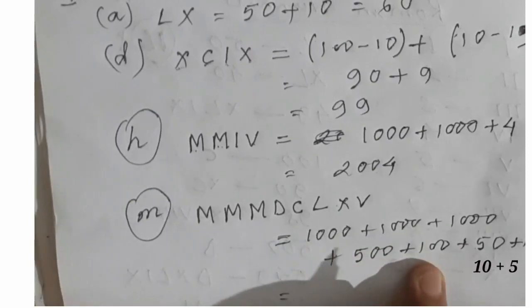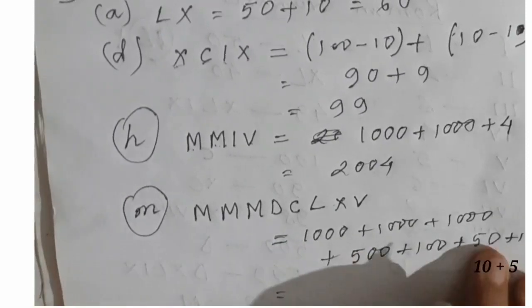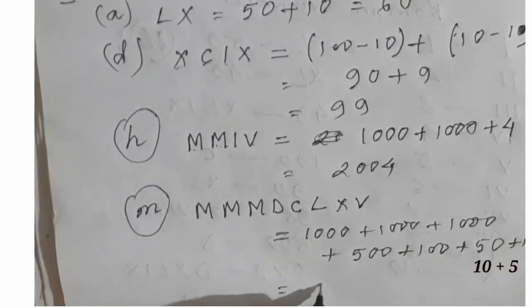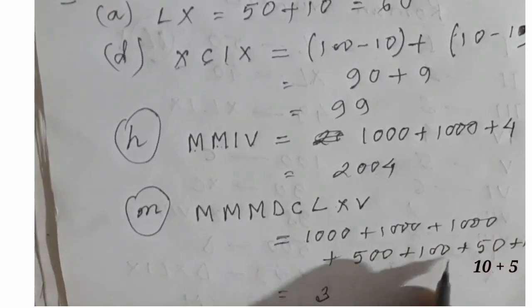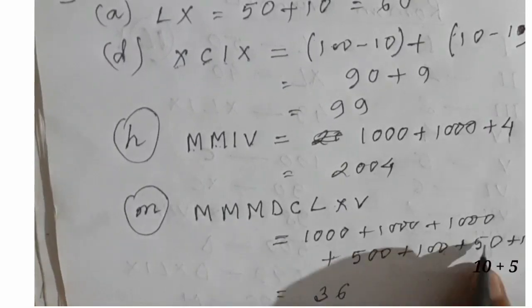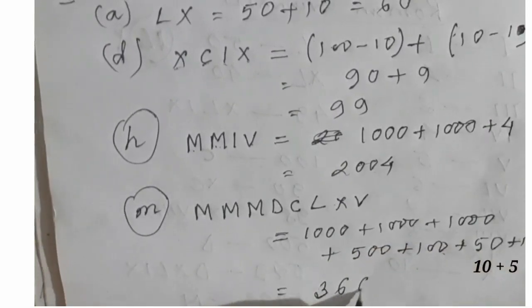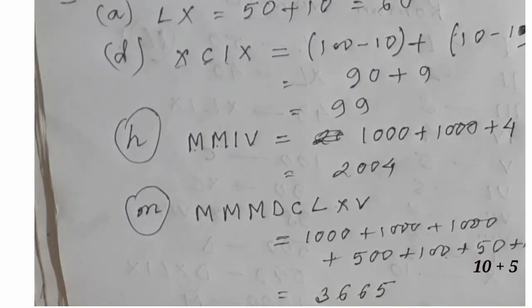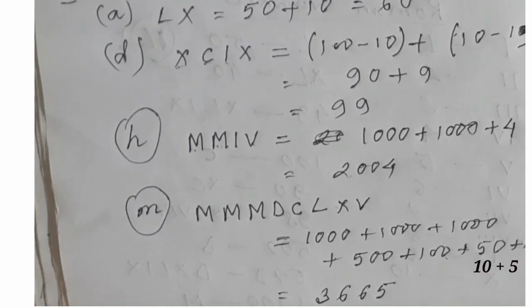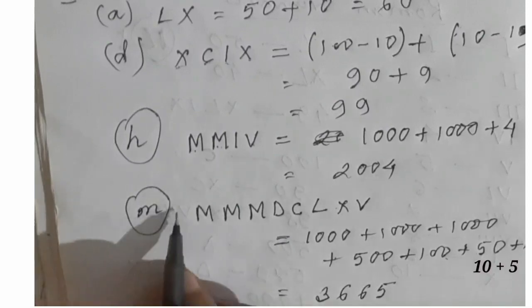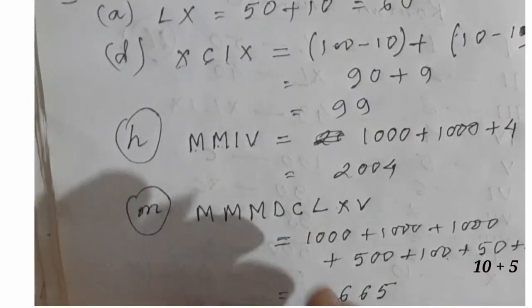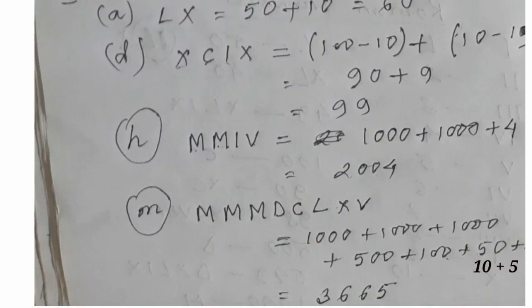So we have here 3,500, 665. So we will have here 3,665. Is it? 3,665. Understood? This was very straight. Actually here no complications we had. All the numbers we are getting just by adding the numbers.